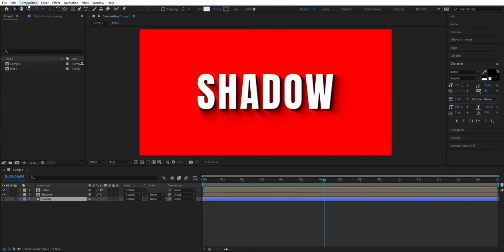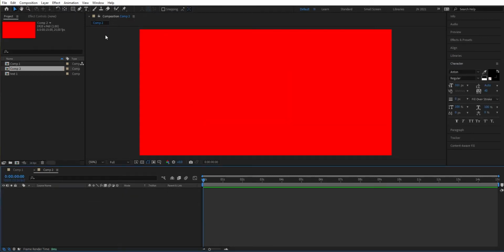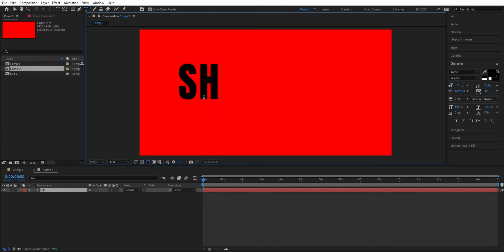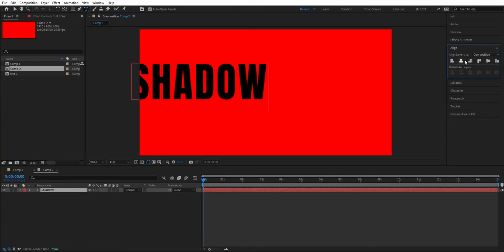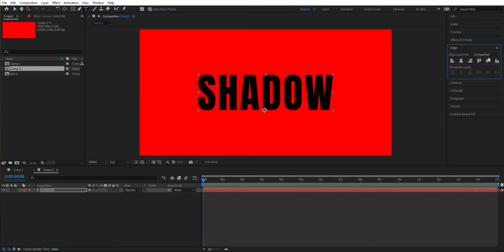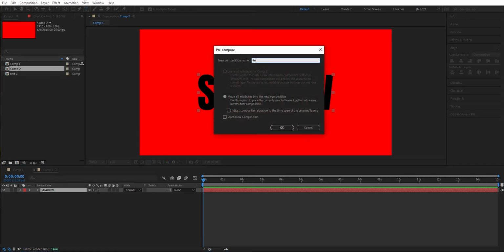The first thing we do is go to composition and make a new composition. And you can choose the red color, so that we have a red background. And now we go to the text tool and type shadow, like so. And then we can align it to the center. And now we're going to pre-compose this. So right click and go to pre-compose, and we can call it text and move all